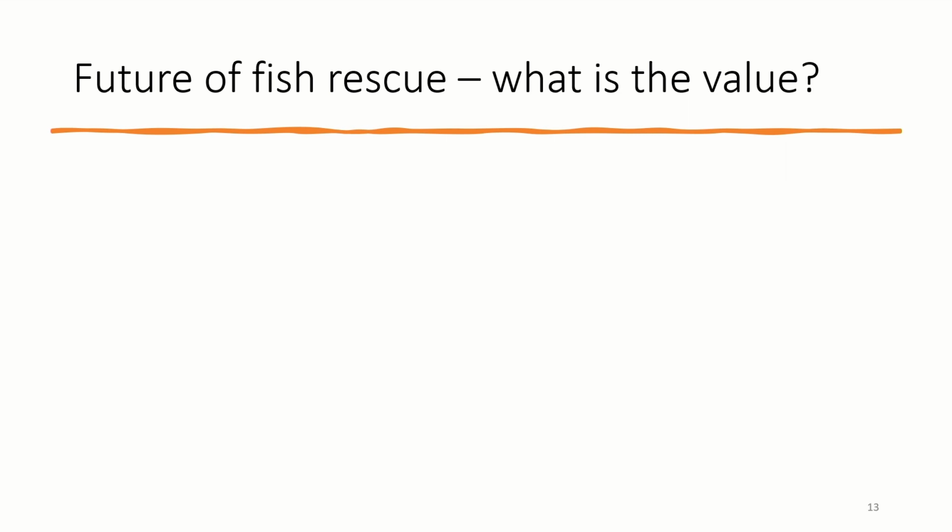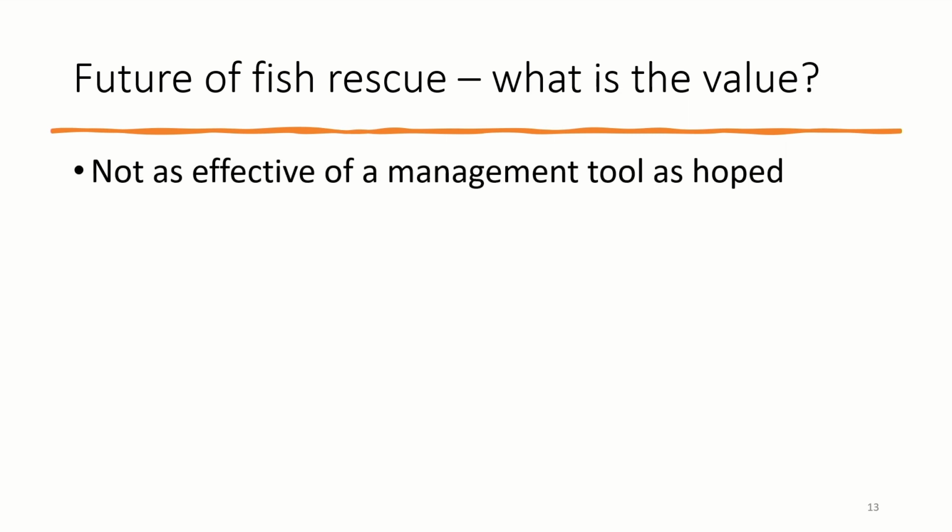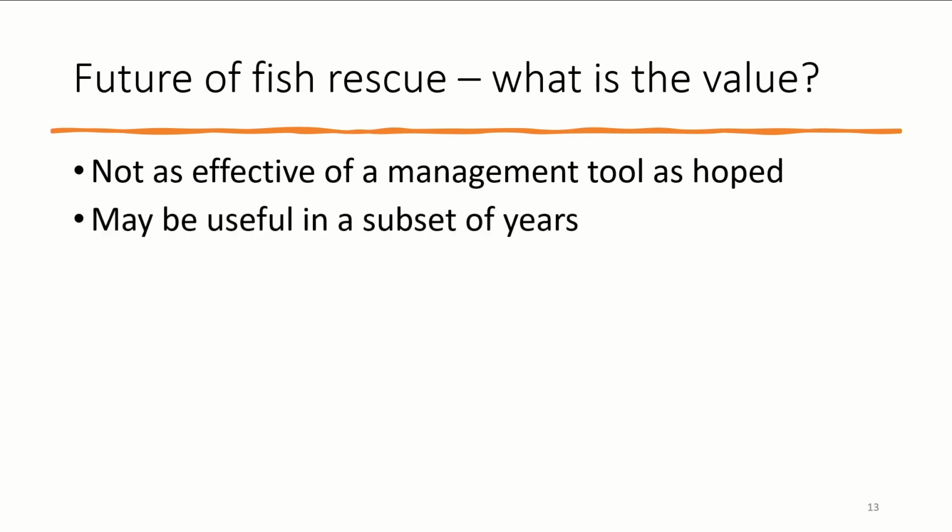So there's been a lot of discussion on what is the value of fish rescue, because it's just really not as effective as we would hope it to be for management, just because the fish are in such bad condition by the time that we get to them. They usually don't live through it. It is useful in a subset of years. There was 2018 when we had early drying, there were lots and lots of fish. I think we moved around 90,000 minnows. Early in the year, the water was cool, they were still in good condition. We probably had much higher survival than some years when we were out there rescuing in July. So there is still a little bit of use.